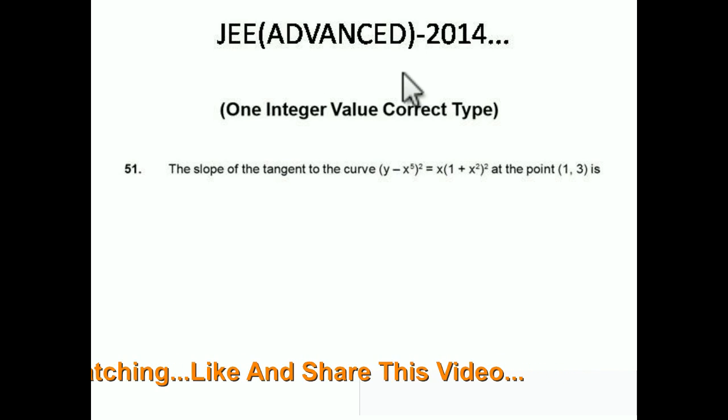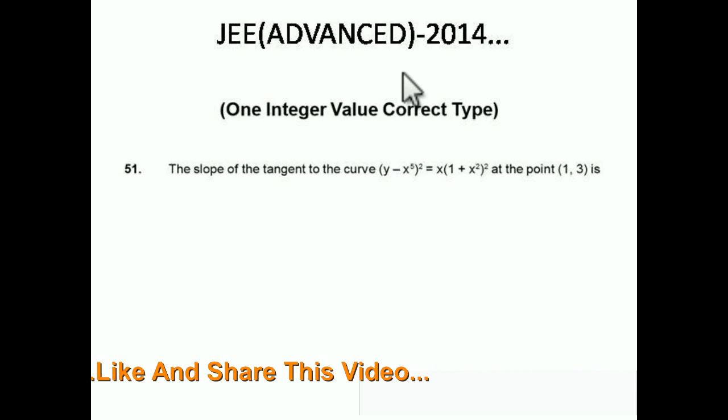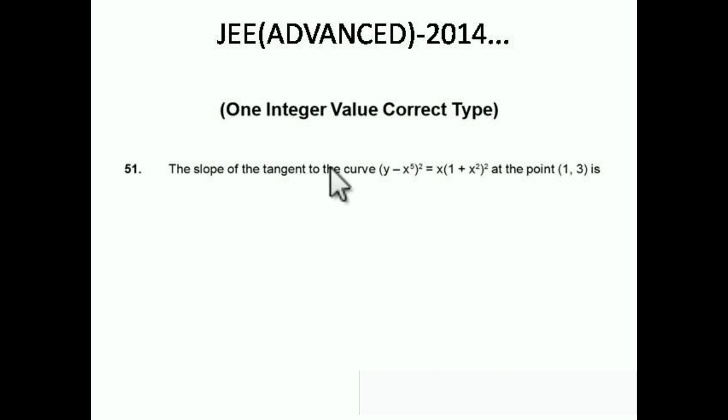Today we are going to solve some past year JEE Advanced 2014 question paper problems. In JEE Advanced you will see various types of questions. That means single-correct MCQs, where only one option is correct. Then multiple choice questions, where two, three, four or even a single option can be correct. Then integer value type questions. So various types of questions are there.